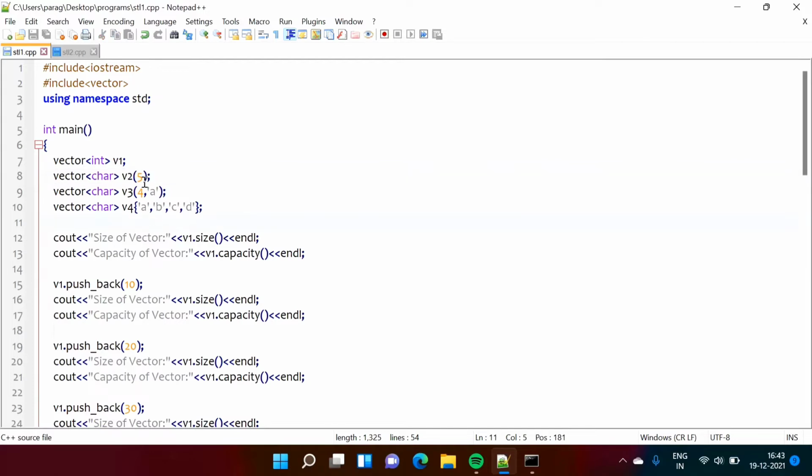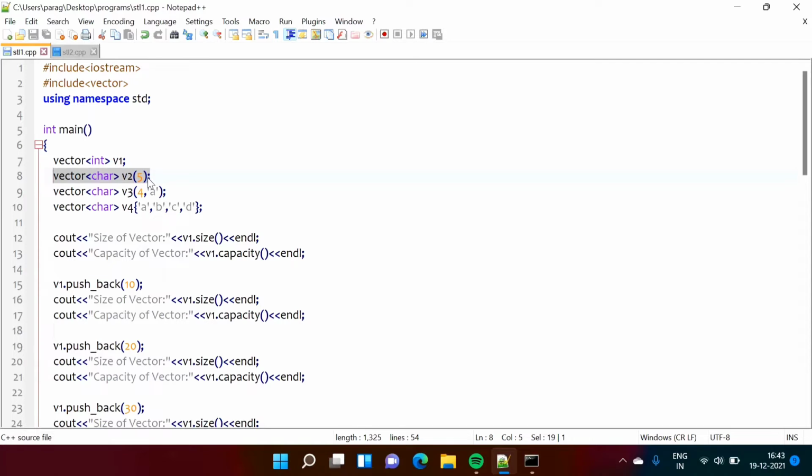So keep in mind, when we are not initializing it, by default it will get initialized by 0. So 5 elements will get initialized by 0. So in this case size will be 5 and capacity will also be 5. When we try to add the 6th element, see size is 5 but we are trying to add the 6th element, so its capacity will automatically get doubled, so it will become 10.